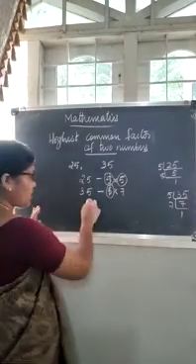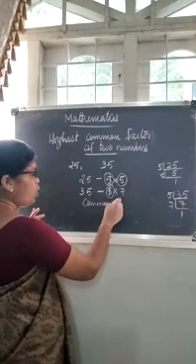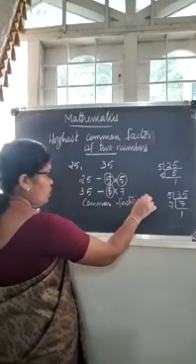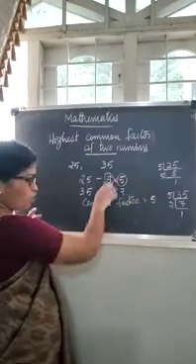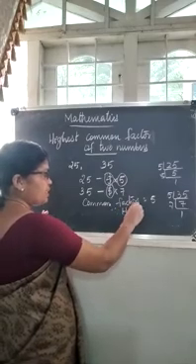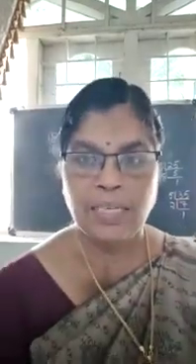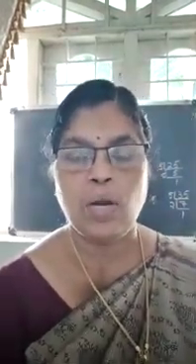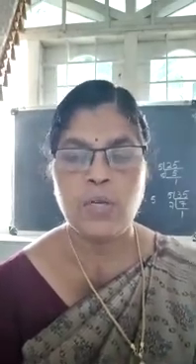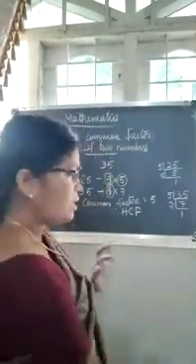So the common factor means the factor which is common for both. The common factor is only one 5. 5 is common to both. So we write 5. Therefore HCF, highest common factor. HCF means highest common factor. The common factor is 5. In both the numbers only one 5 is there, so the highest factor is also 5. So HCF, the highest common factor, is 5 itself.